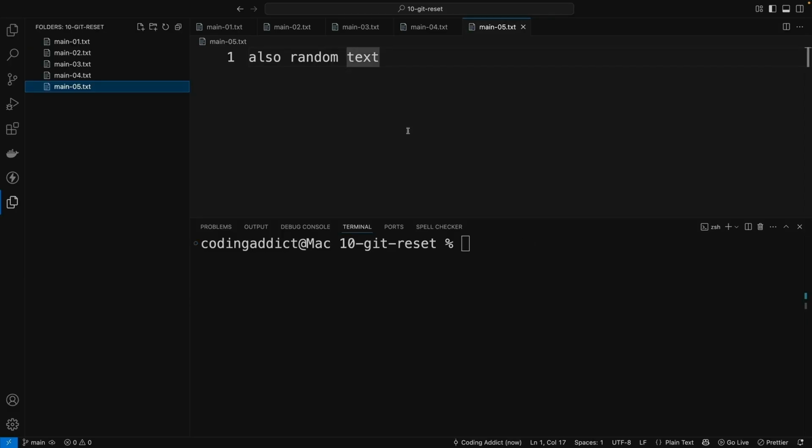Okay, and while we're still on the topic, let's see one more way how we can undo the staged changes, how we can revert the unstaged changes, and also how we can clean up the untracked files. For that, I'm going to change some text in the main.05.txt. So this is going to represent the tracked file. Let me go back to maybe main.05.txt. Good. Let's save this and let's create one more file, and I'm going to call this